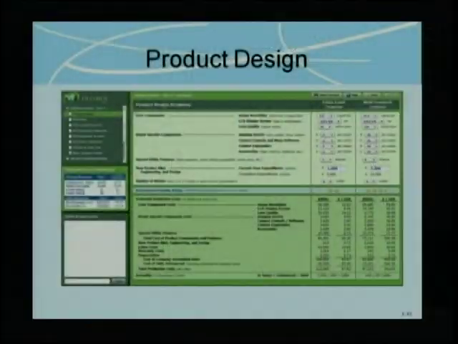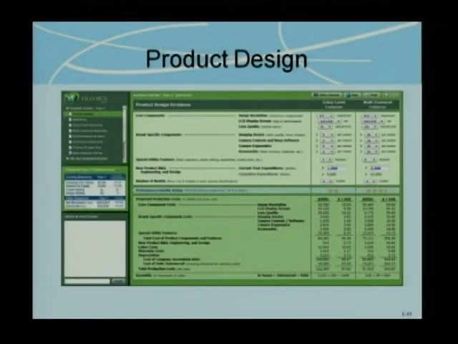This is the product design screen. This is the first screen which you will see when you log in. This is the screen which you will see. Now,